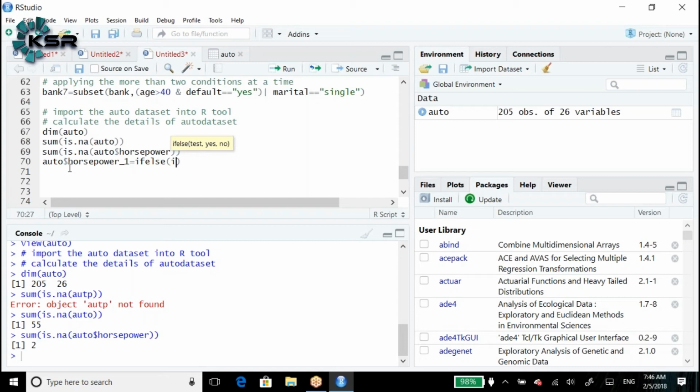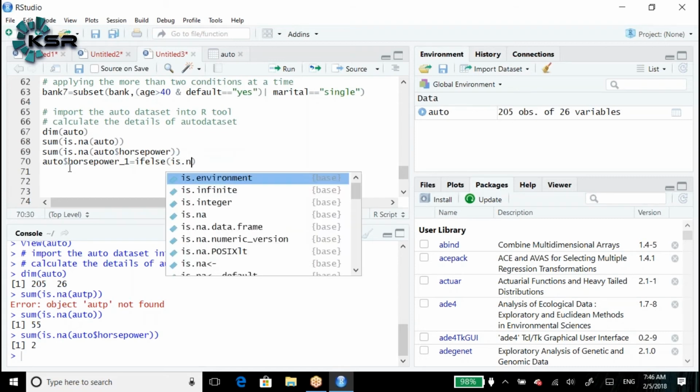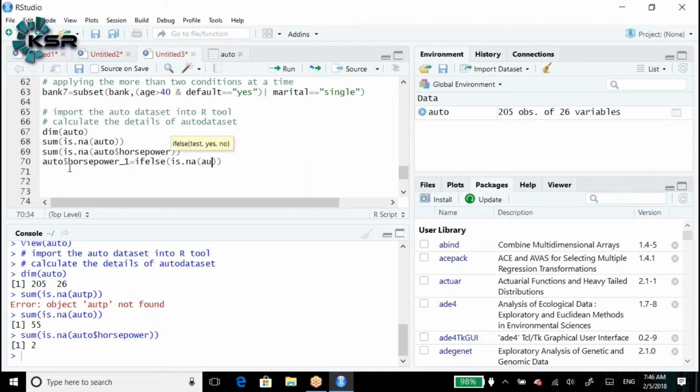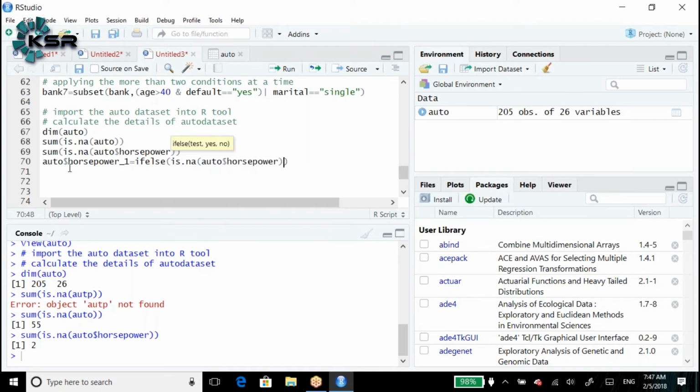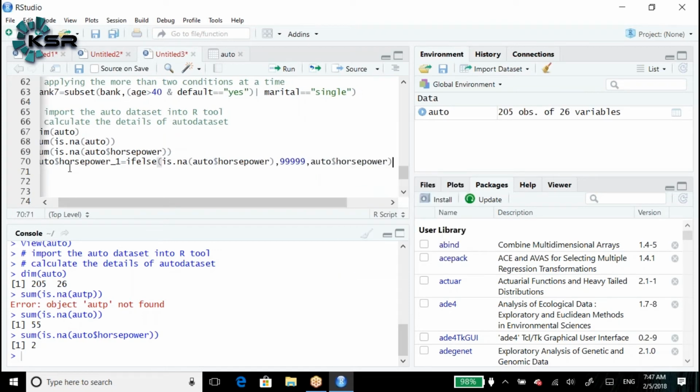How do we check the missing values? is.na of auto$horsepower, comma, if it is a missing value, then 99999, 5 times 9 or 7 times 9, anything. If the condition is true, we need to keep 99999. If not, how much do we need to keep? auto$horsepower. Is the syntax clear?